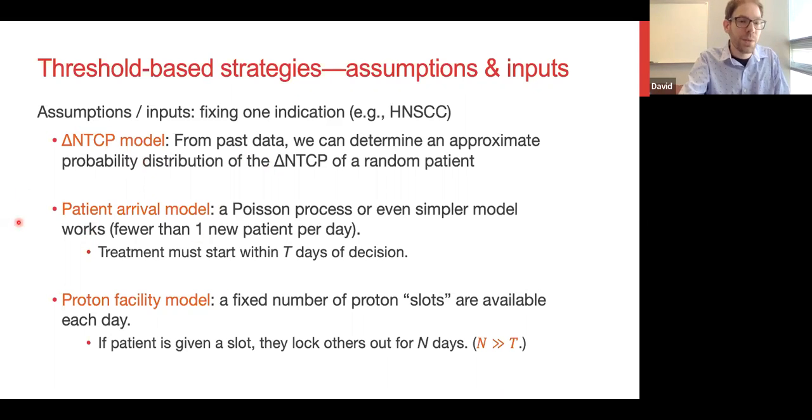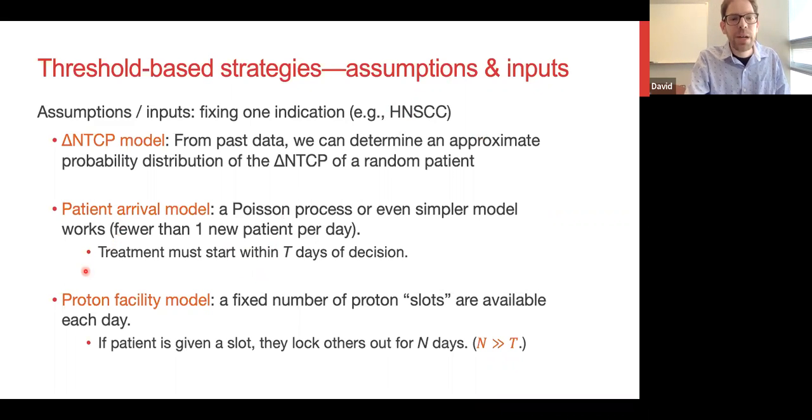But then we need the patient arrival model. That's even much simpler. We don't need anything as detailed or high resolution as a Poisson process, because we don't need the actual arrival time of the patient. Like I said, everything is happening on a scale of a couple of days. So what matters is what day a patient comes. We basically just need the probability that on any given day no patients present with this particular condition, let's say the HNSCC. What's the probability that one of them presents? What's the probability that two of them present, and so on? I usually have fewer than one new patient per day,